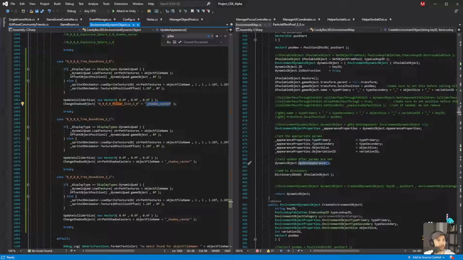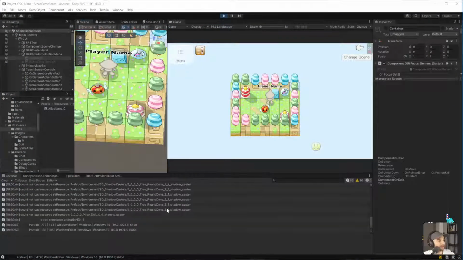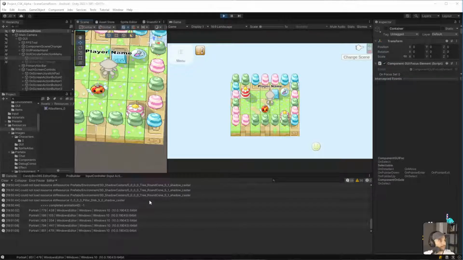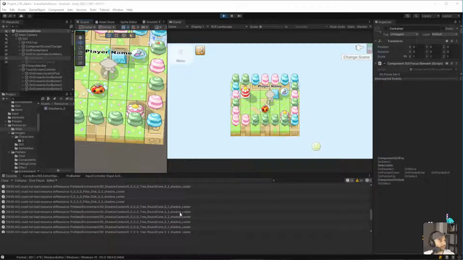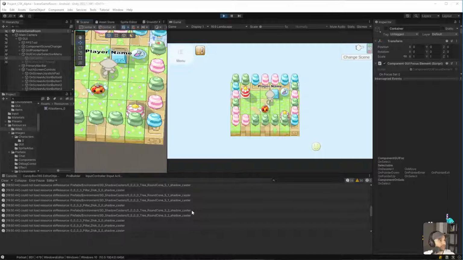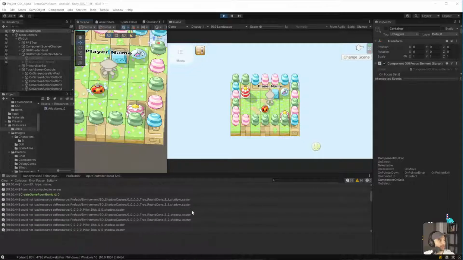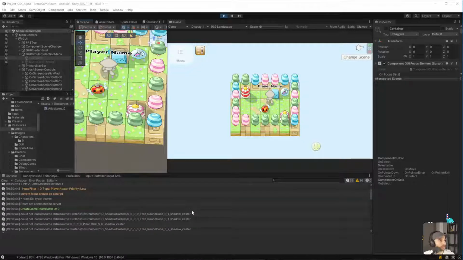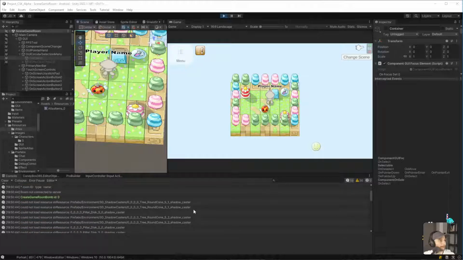That should have worked. I think that should have worked. What does the output say? So in terms of the shadow casters, the 0 could not load resource pillar disk 0.